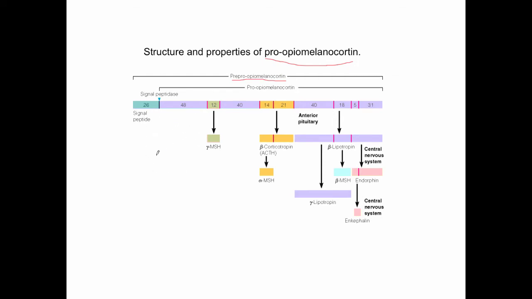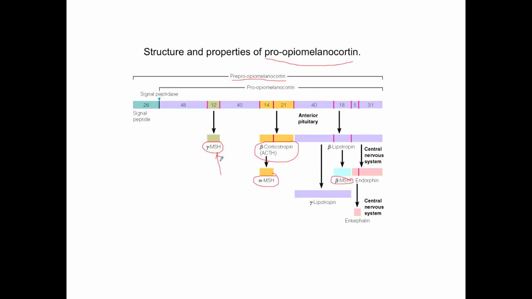And after this long chain is produced, it then undergoes processing. It's something called post-translational modification, right? So after translation, after the protein is produced, it's modified. It starts to get cut down, and as it gets cut down, it forms several active peptide hormones. Some of these include a hormone called melanocyte stimulating hormone, or MSH. And there's MSH gamma, MSH alpha, MSH beta,